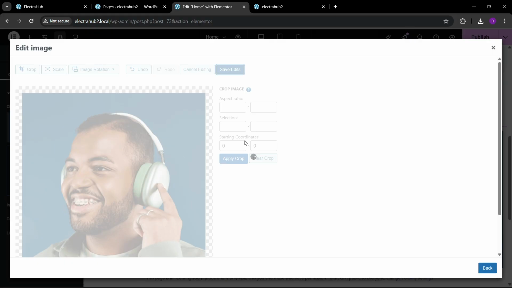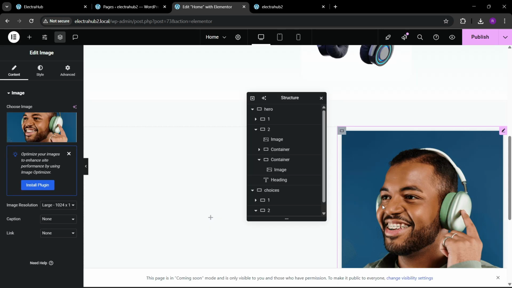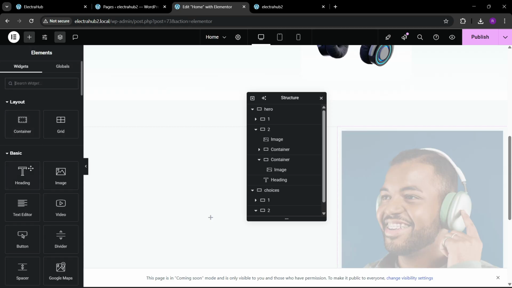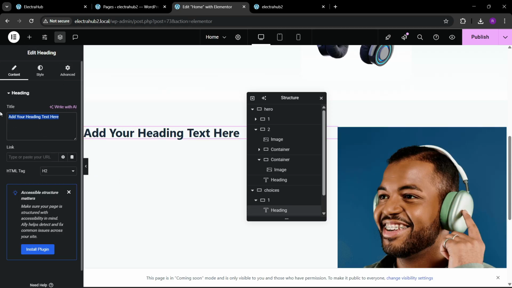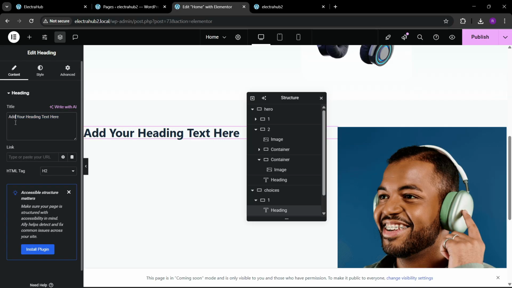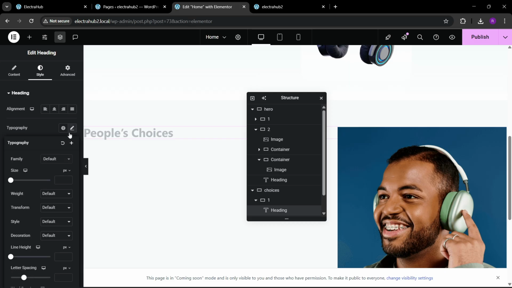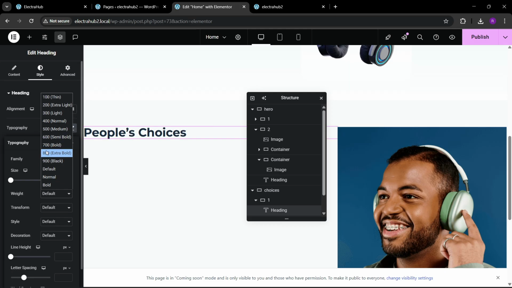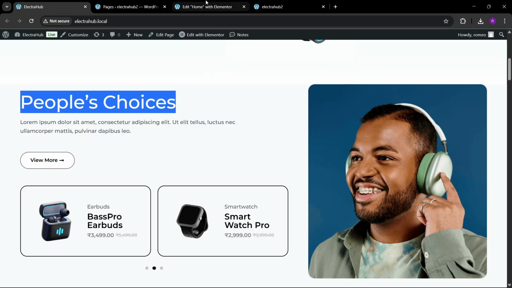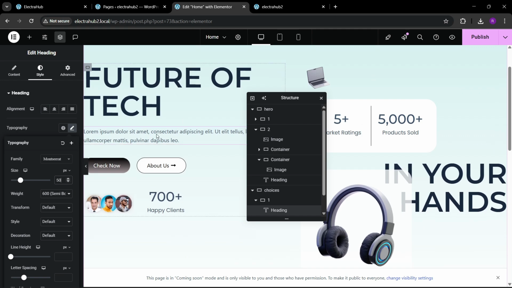Then after that, if I select this, now you can see we have the people choices. So let me add this here. Okay, and here we can write this people's choices. Okay, and here we can choose the Montserrat font, and here we can choose 500, 600. Okay, let's increase and decrease the font size of this. Okay, and here you can see we have this value,